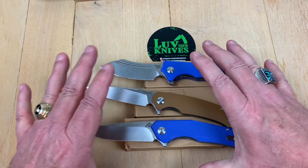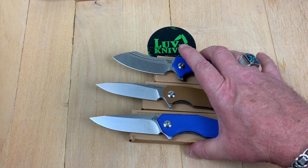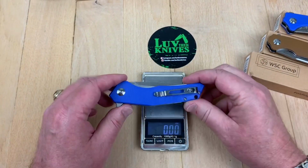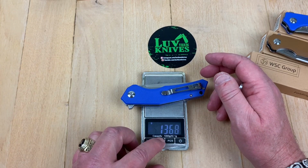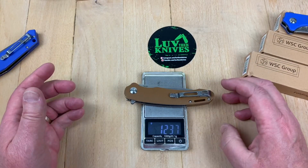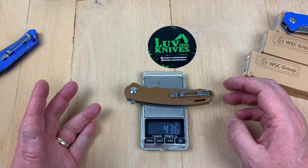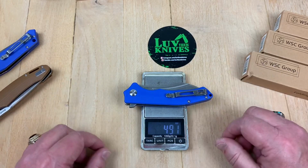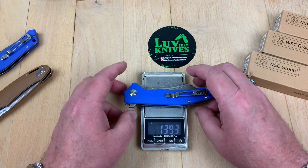So let's start with the three G10 models and just do a quick weigh-off on them. So the Arch, and what are we at? 4.8 at 136 grams. The Harak, well, 123 grams, much lighter, and 4.36 ounces. So far, they've all been in the 4-ounce range. 4.91 on the Sunder at 139 grams. Now,